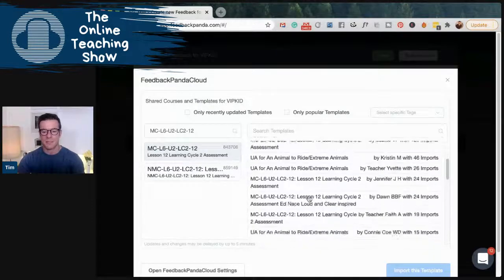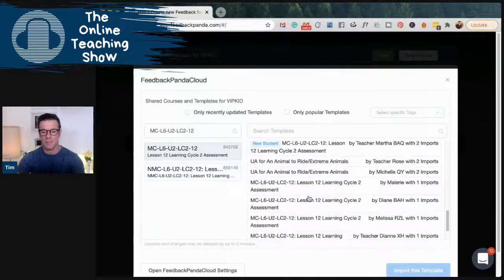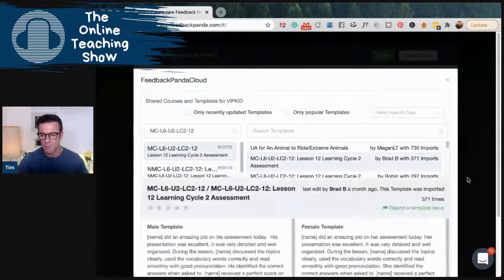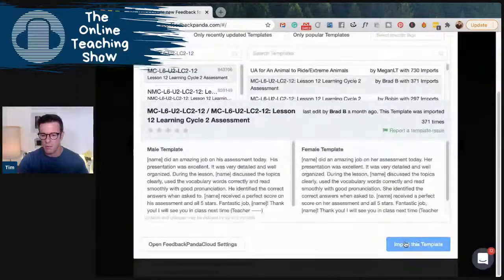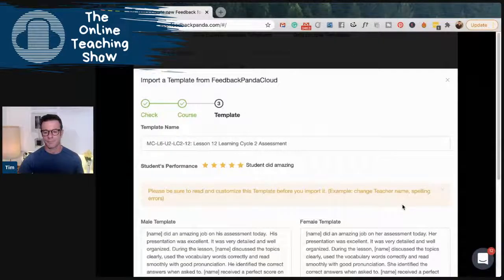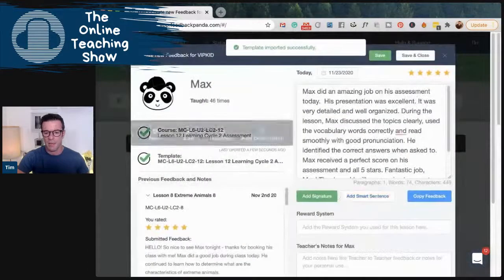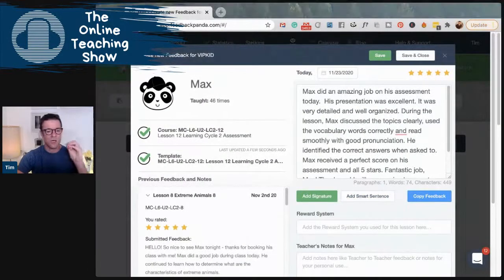So all the templates that I see here are going to be teacher-created templates of that class. So if I go into, I usually go with the second most popular one. So if I go into Brad's here and I import that template, I'm going to go down here to import the template, import anyway. It's going to automatically import that template, change all the he's and the she's to Max,